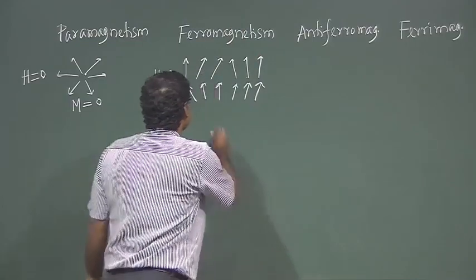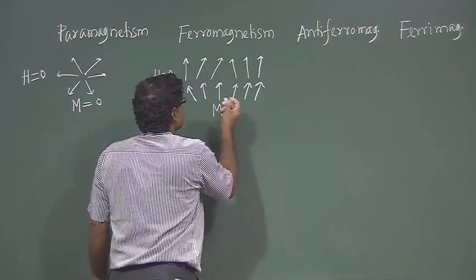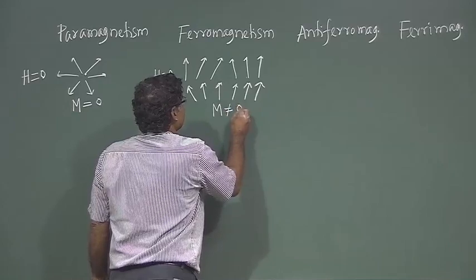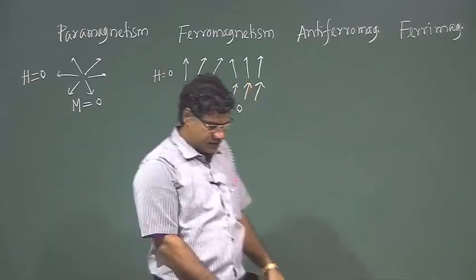So, M is not equal to 0, and this we call a ferromagnetic